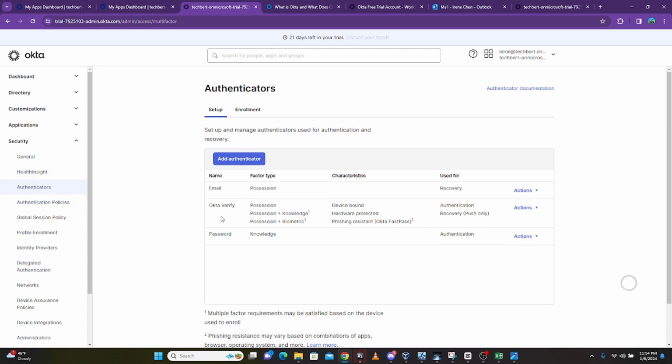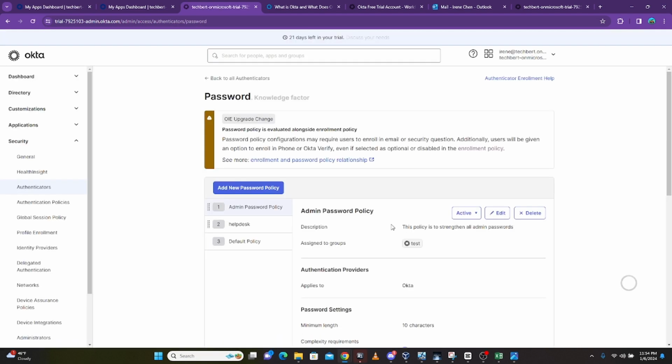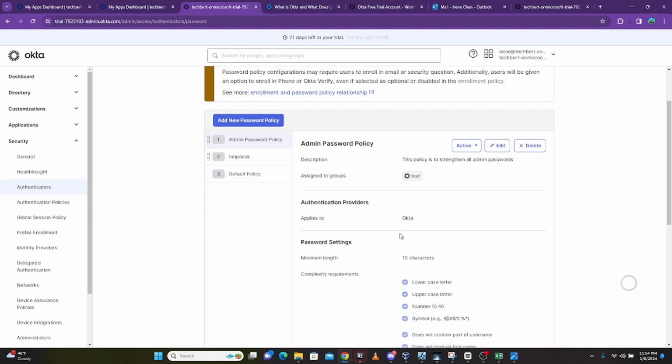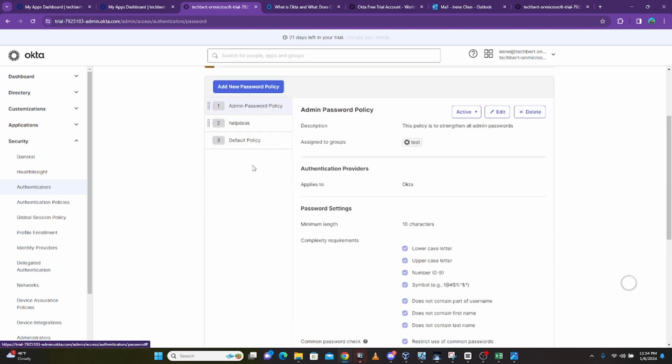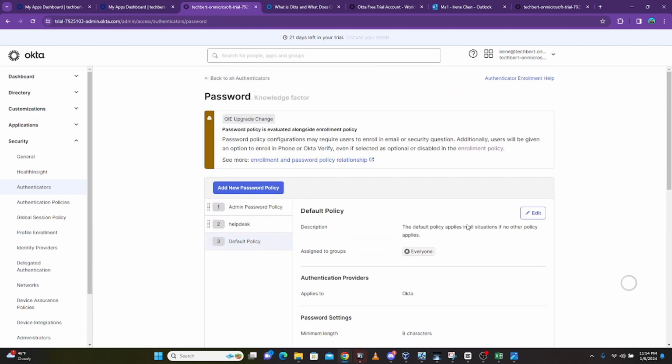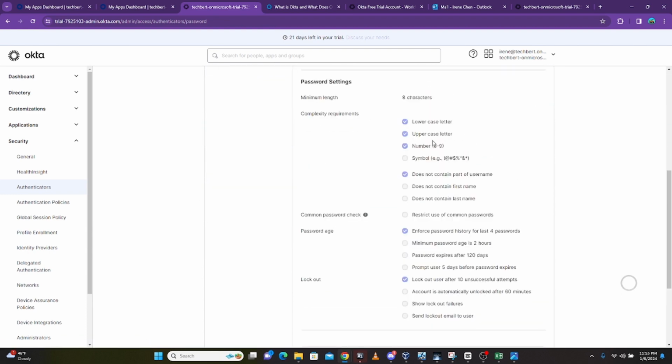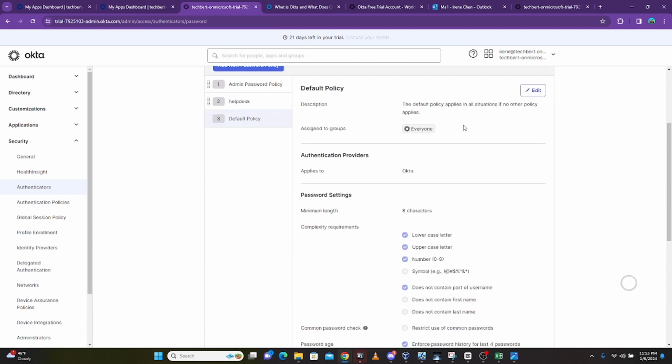authenticators. Now, when you come to the authenticators, if you come to password here, let me start with the password, and you click on actions and you click on edit, it is going to show you the password policy, right? So this is the password policy. Let me click on default. When you click on default, you see that this is the default policy by Okta, but I've made some changes to it. When you click on edit,